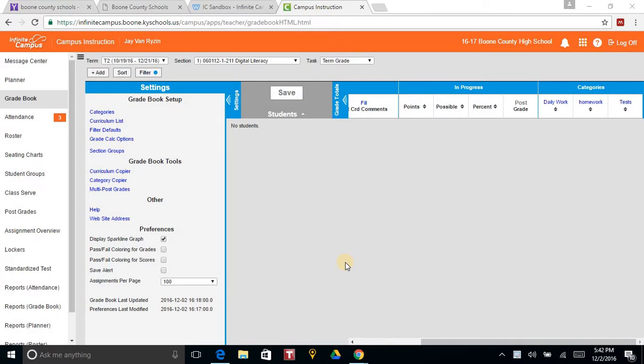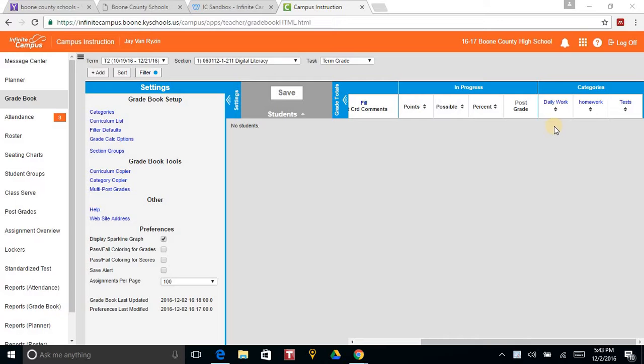In this module, we'll be learning how to set up weights for our categories. In the first module, setting up the gradebook, we learn how to use the total points method, which simply calculates the total points of all the categories at the end of the semester to figure out the grade. In this method, we're going to assign a weight to each one of our categories. So as you can see in the category section, I have 3 categories, and I'm going to assign a weight